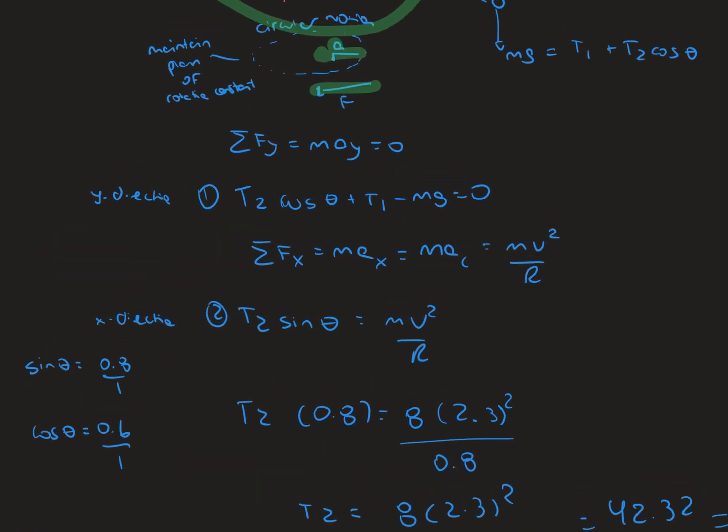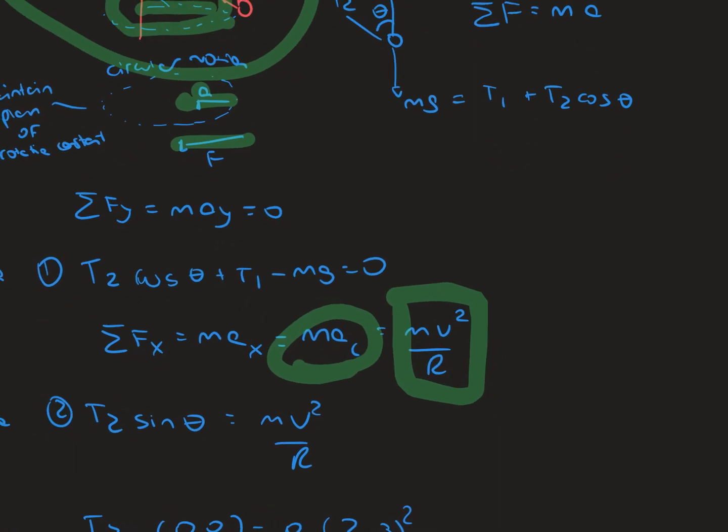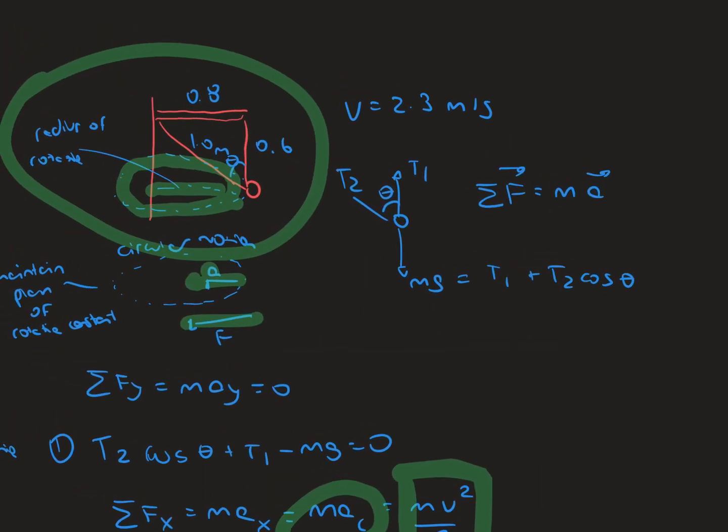In regards to the sum of all the forces in the x direction, we got the mass times the acceleration in the x direction, which is the same as the mass times the acceleration of the center. And the formula that we're going to use is going to be mass times velocity squared, all divided by the radius. So in the y direction,